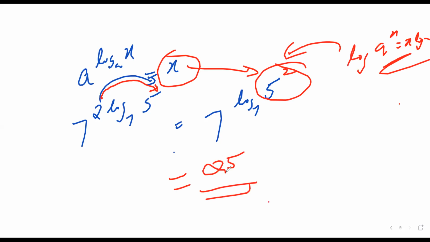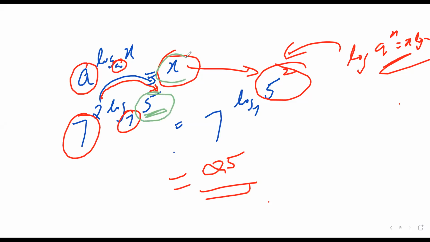Please note that here, the a power, a and a, alpha or alpha, whatever you feel like you can put. Here also 7 and 7. So I'd just write the one which is here. That is my x value, 5. But here 2 is there, I'd just put it here, 5 square, 25. In the options, both 5 and 25 are there. So directly we should not jump to the option here.